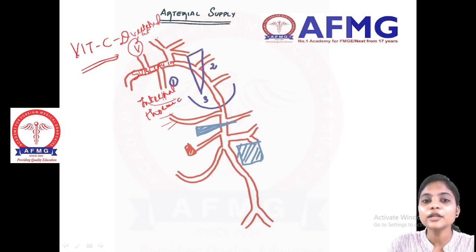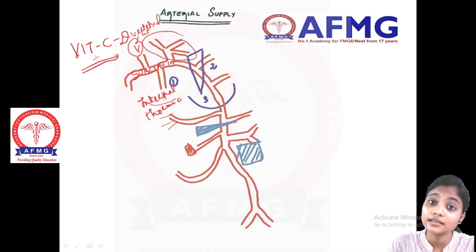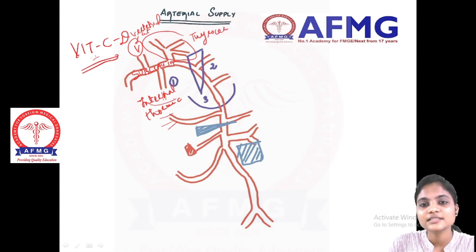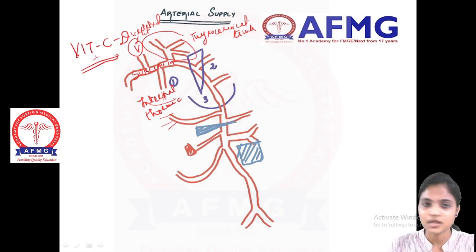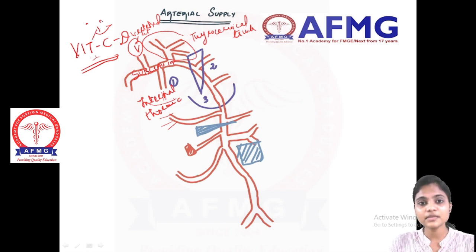Okay. Now coming to the third branch, which is T. What does T mean? T further gives 3, so T is your thyrocervical trunk, which again further gives branches. So the main mnemonic you have to remember for your subclavian artery is vitamin C D. If they have been marking and asking the question, you are supposed to answer that also. Now the thyrocervical trunk again has 3 branches.